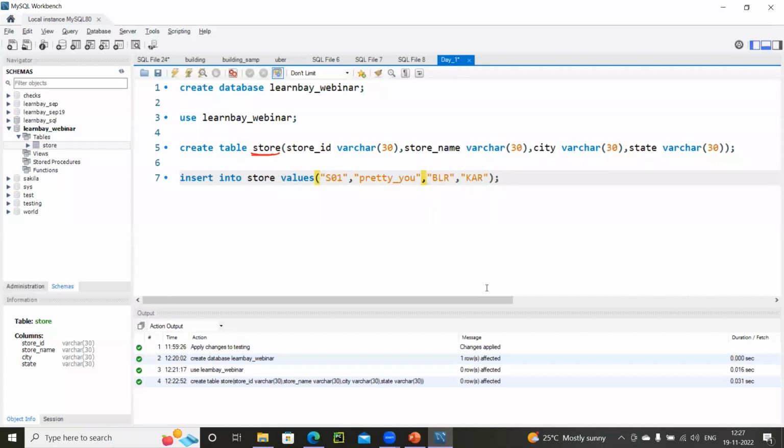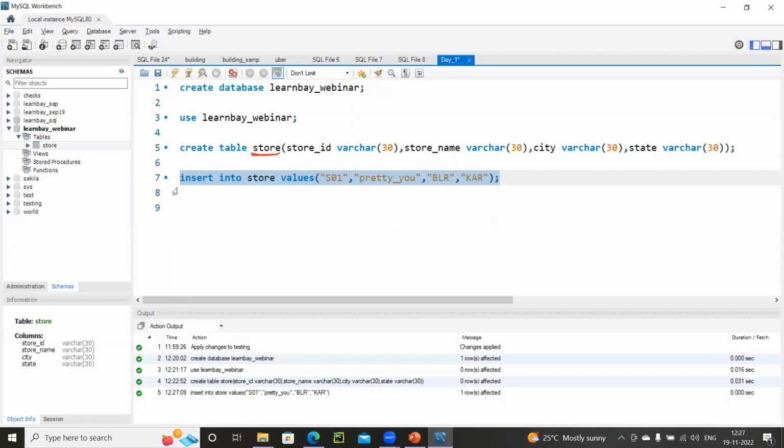So take this away, and now I have inserted this particular value. Now again, see every single statement by statement, when I hit, I could see a green symbol coming in, which tells the command is successfully done.